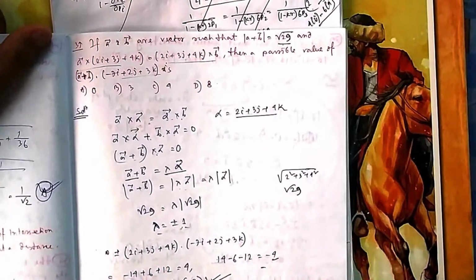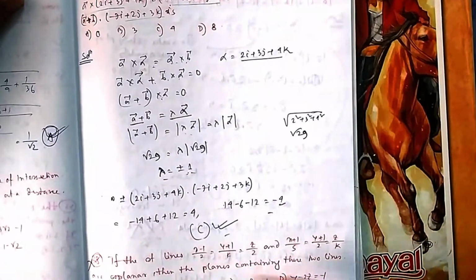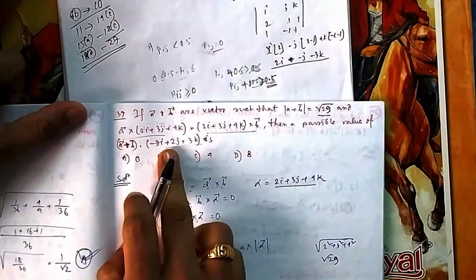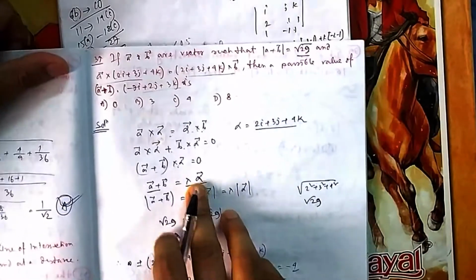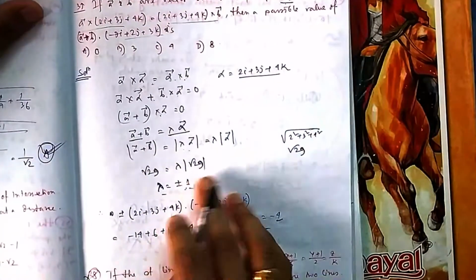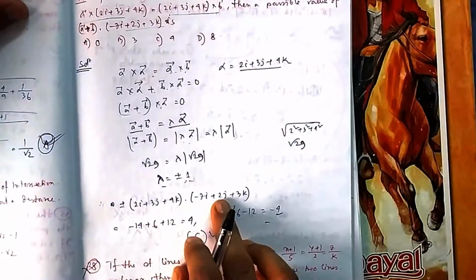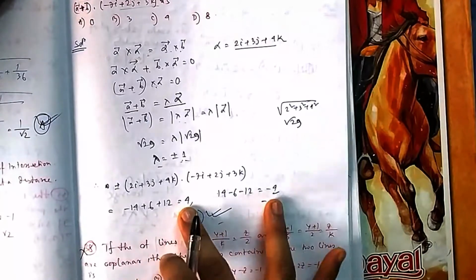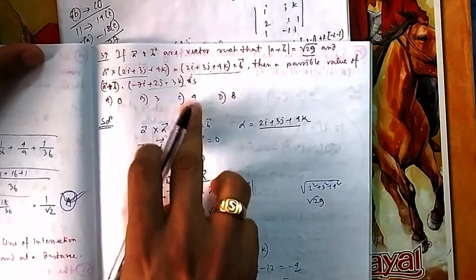It can be plus or minus 1, because only the magnitude is given as root 29. You don't know the sign. Now what they are asking is A plus B dot this. You have already seen what A plus B is: A plus B is lambda into alpha. Alpha you know, this one is taken as alpha, and lambda is plus minus 1. So plus minus this dot this. So there are two answers possible, plus 4 and minus 4. Only one is given in option C, so option C is satisfied.